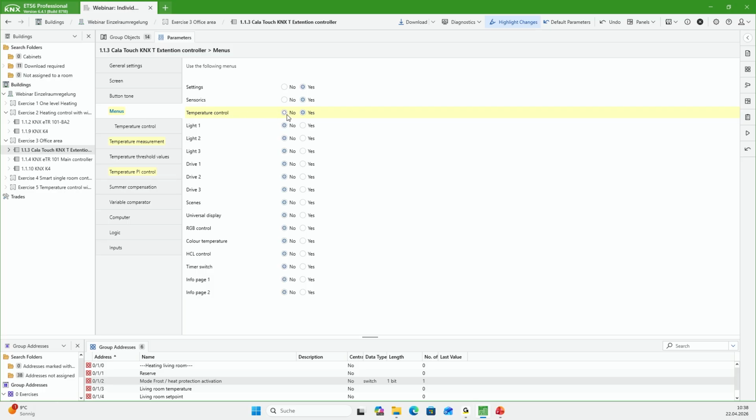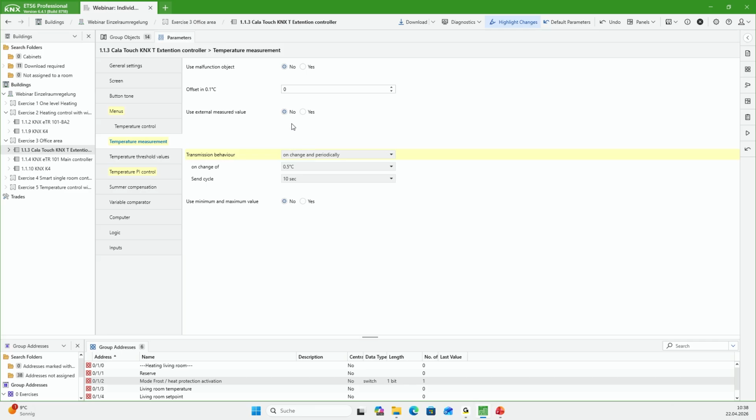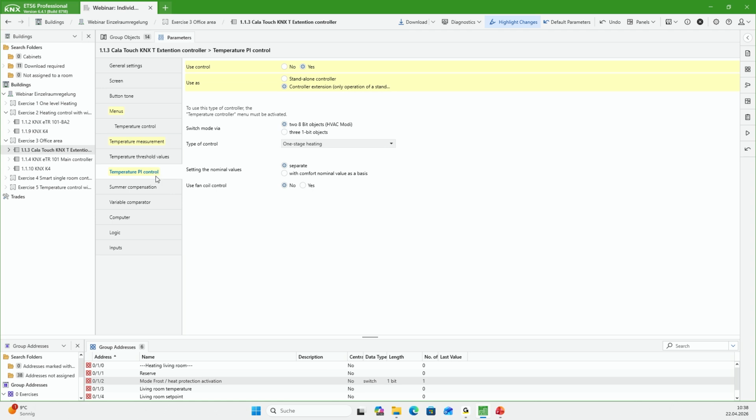In the menu, we say we want to activate the temperature control. And then in the temperature measurement, I say that I want to send my measured value externally on the bus. So I say on change and periodically, for example, and those are the parameters for how much the change should be and the time cycle. In the PI controller setting, yes, this device can be used as a standalone, but it also has this function as an extension. So we select an extension unit, we set the same basic configuration as our ETR for the purpose